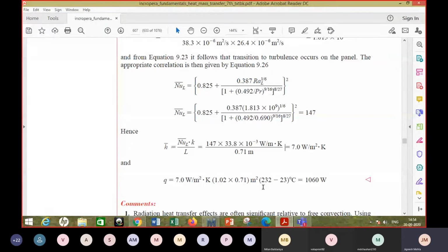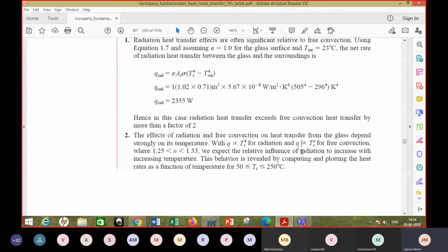So you have to be very vigilant when you are dealing with the natural convection case, because the convection coefficients in natural convection are very, very small. As you can see even here, h equal to 7 watts per meter squared Kelvin. So it's not even in double digits. So this is a very poor mode of heat transfer. The heat transfer coefficients could be very small, and because of that, even the radiation may be more important, as you can see here.